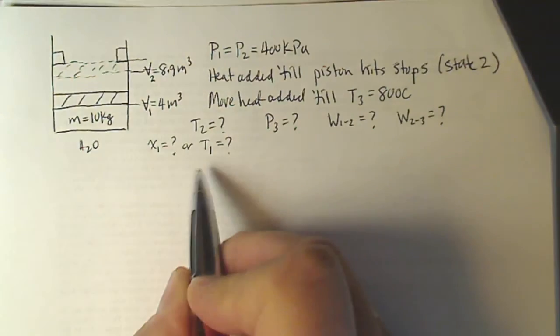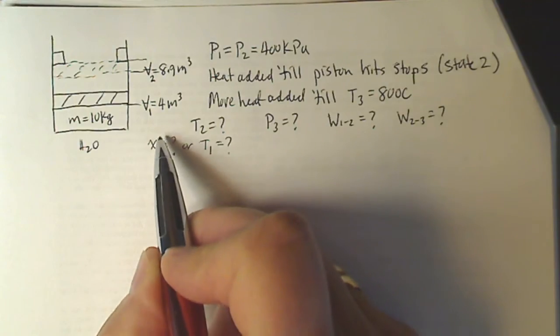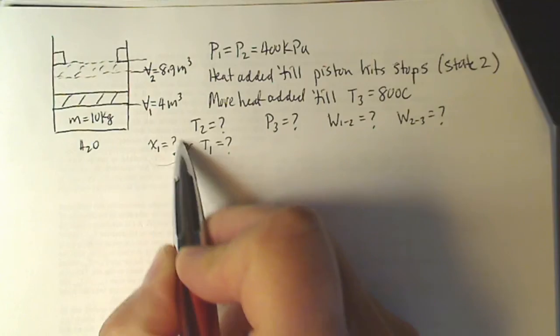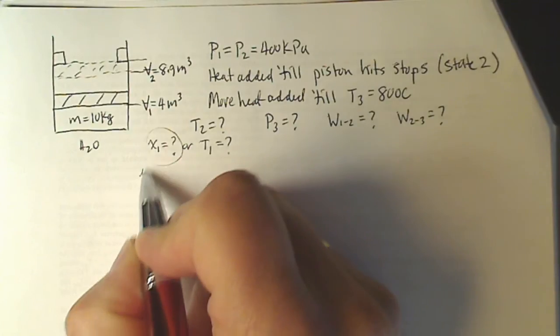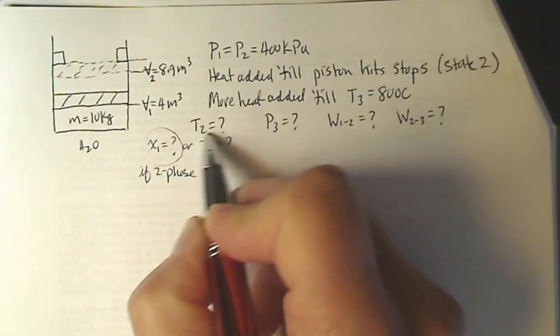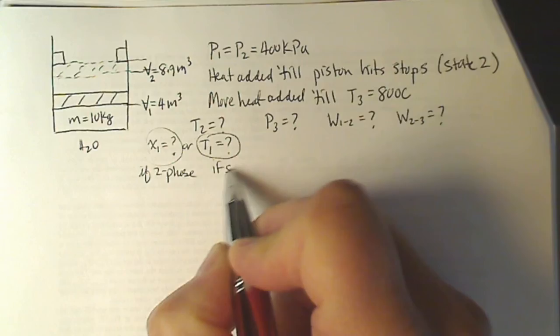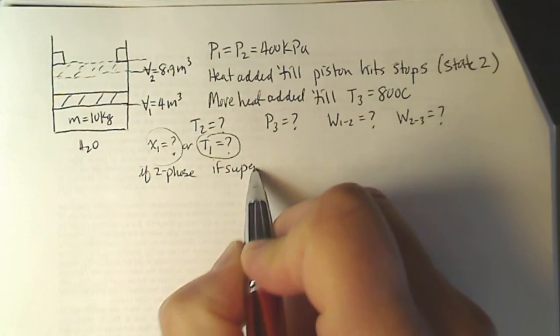I don't mean that you have a free choice of which one to give, but if it's in the two-phase region, give the quality, and if it's in the superheated region,